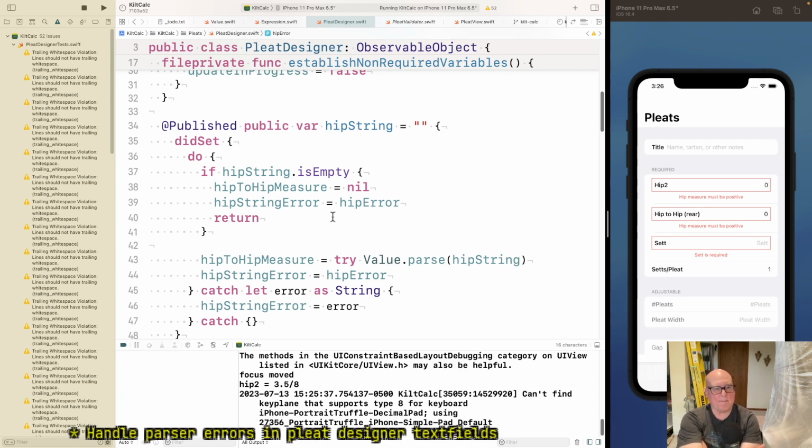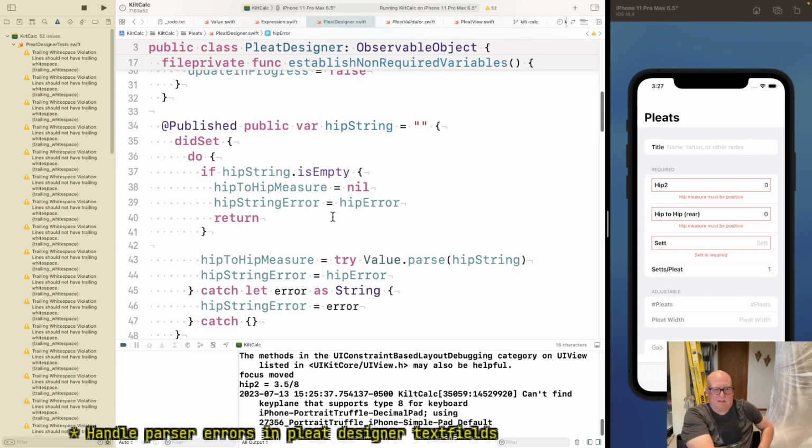I mean, I think what we're saying is the job of this did set is to set hip to hip and hip string error to cause those to be present.